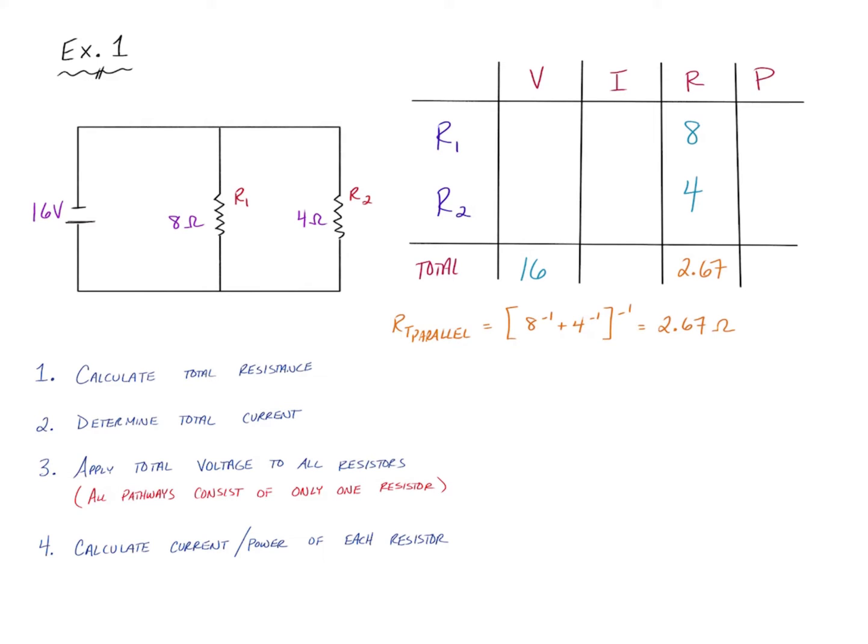Now that I have the voltage and the resistance in the total row, I can utilize Ohm's law, and plugging in the total voltage and the total resistance, I can solve for the total current, which I determined to be